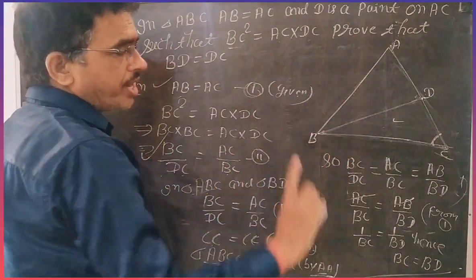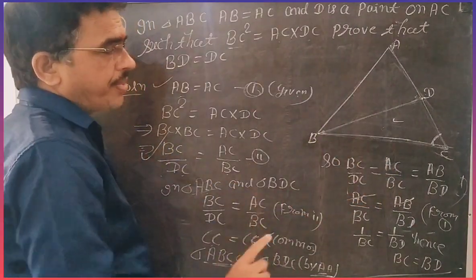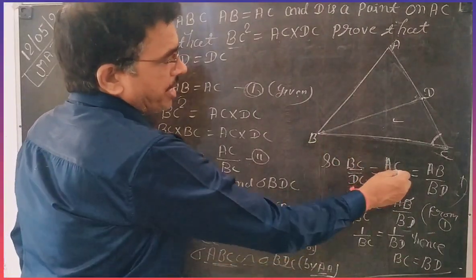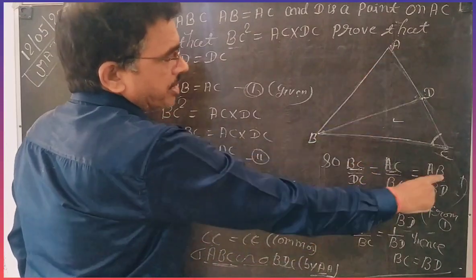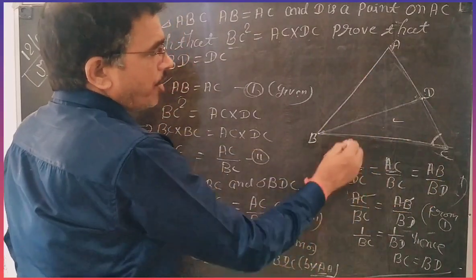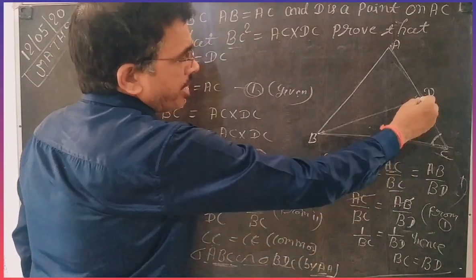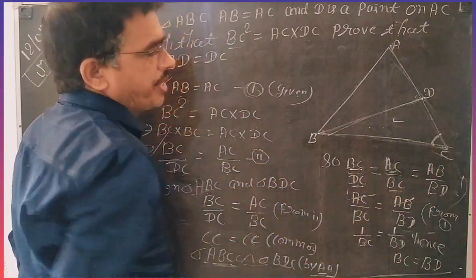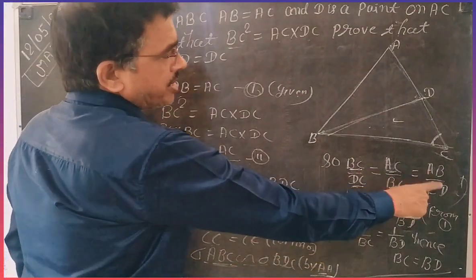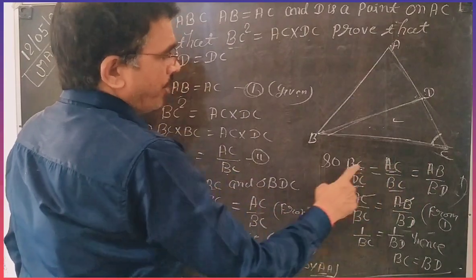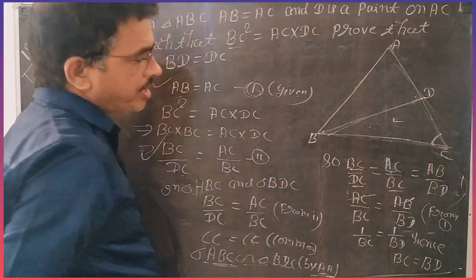A triangle has only three sides. If two sides you write here, then the third you can find easily. Here you write BC, AC. So in the large triangle BC, AC you write, the remaining is AB. So I write here AB. In the small triangle you write DC, you write BC, then remaining is BD. So I write here BD. So BC by DC, AC by BC is given, and this ratio I find with the help of the question. Because two sides are given, then you can find the third.